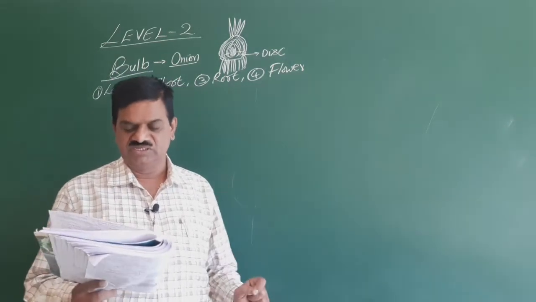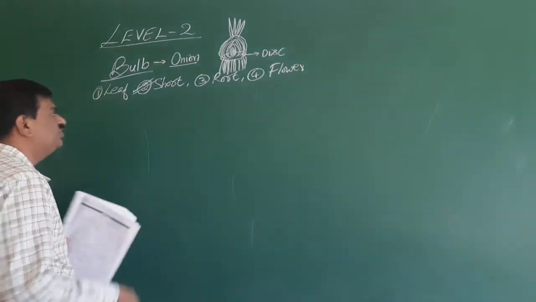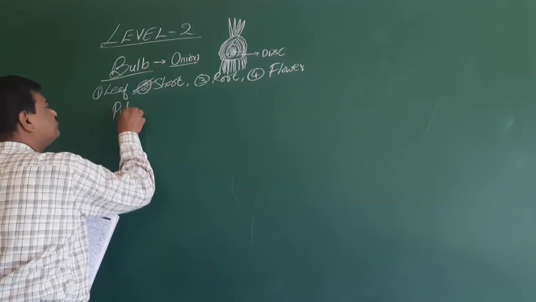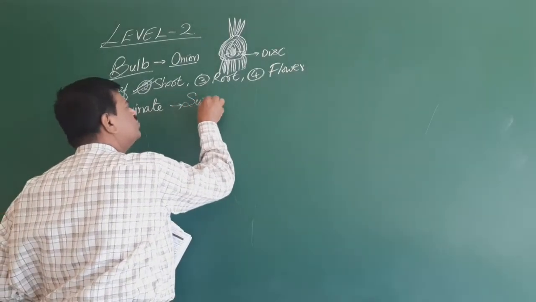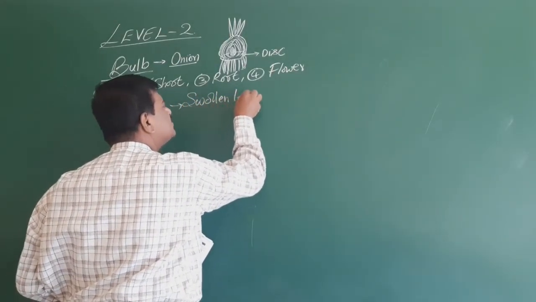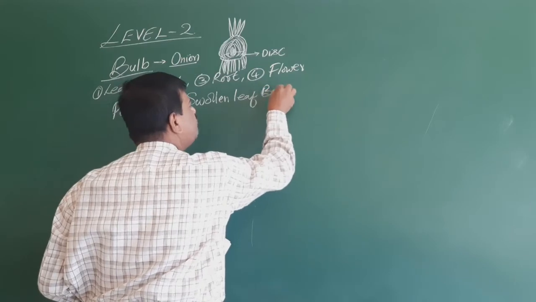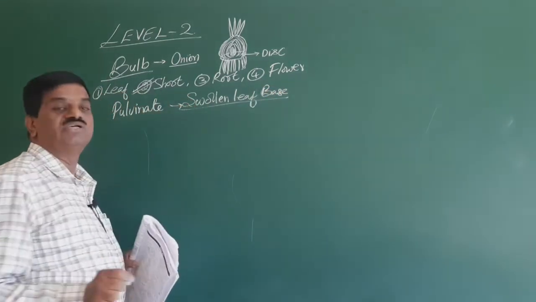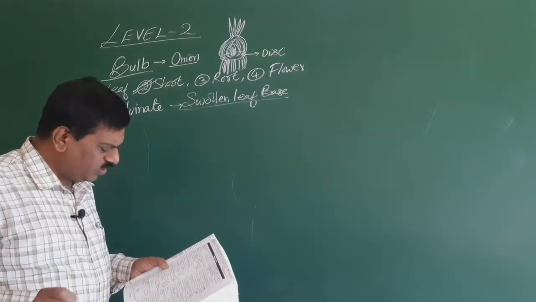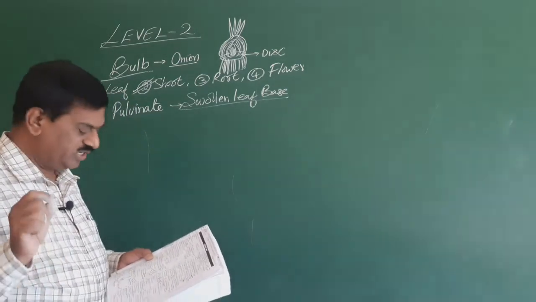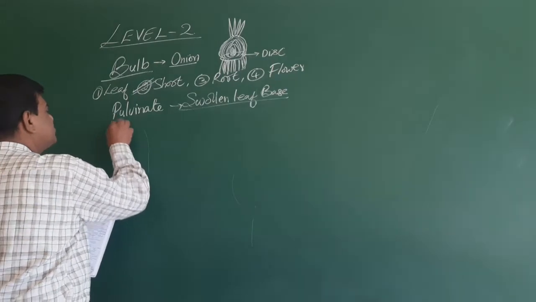Pulvinate leaf base is found in. So here the word pulvinate. Pulvinate is nothing but swollen leaf base. So leaf base is usually swollen. That is called pulvinate. So pulvinate leaf base is found in. The first option is